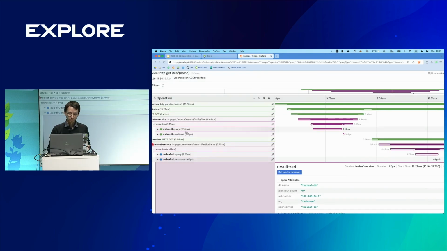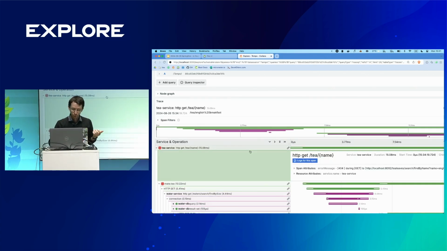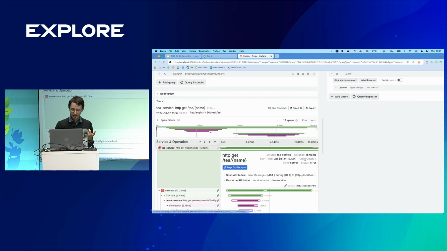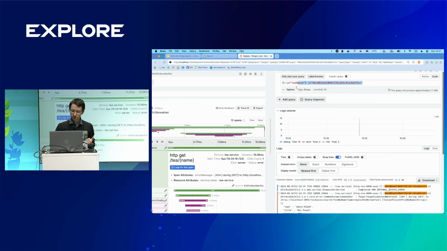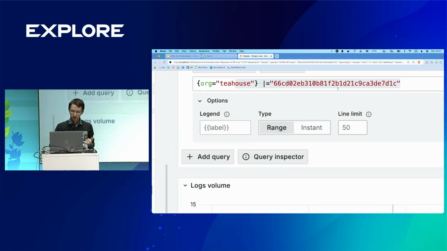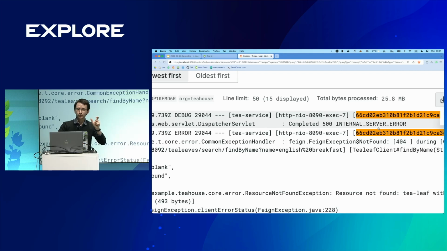So we have a trace here, which means that we know the trace ID. I can copy the trace ID, go back to my log ingestion system, and write a query with that trace ID. And I taught Tempo how to do that, so I just need to press this button. What I can see here is basically the query, using that trace ID, so that I can see all of the connected log events from all of